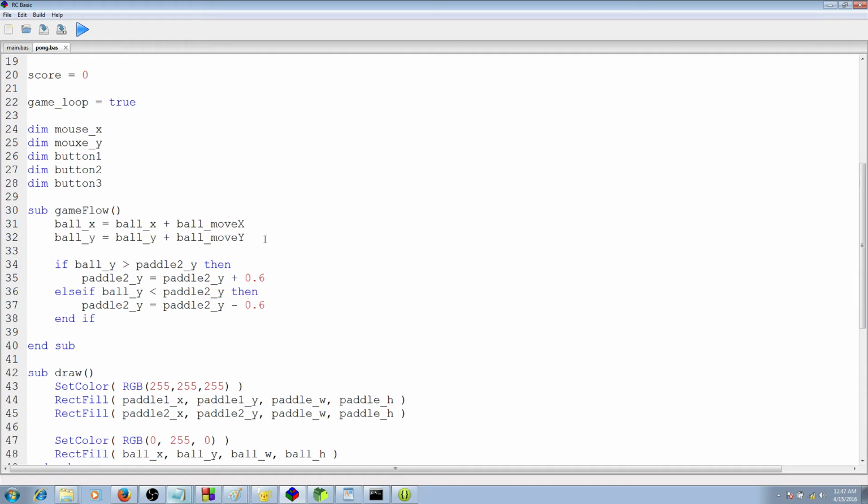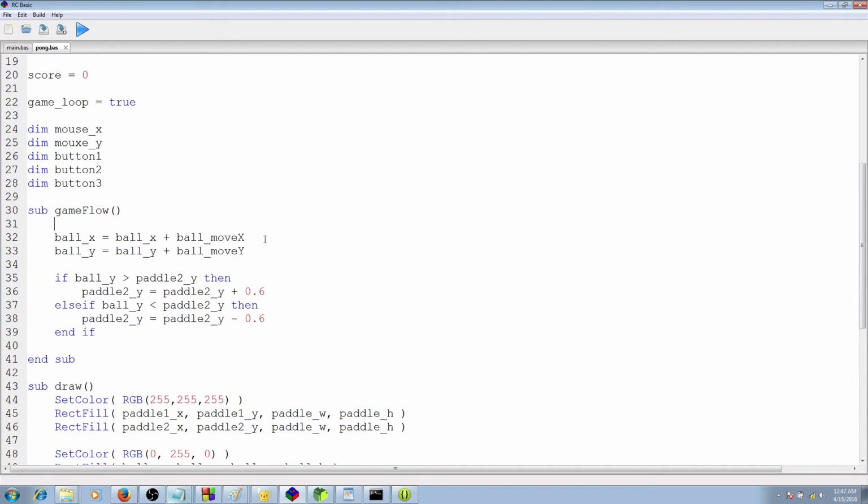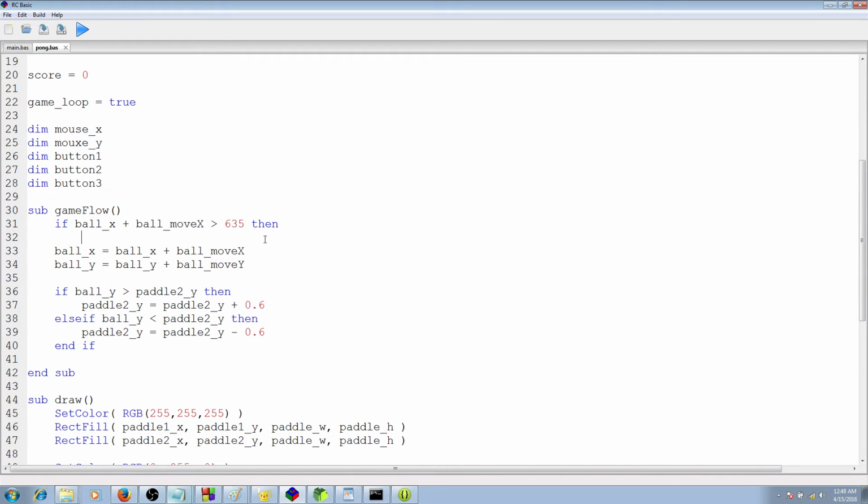So we'll just check for a collision when we're changing it, and we'll say if ball X plus ball move X is greater than, was it 6? We'll say if it's greater than 635. Was it? That's right, 635. Oops, like having those spaces. So if it's greater than 635, then next thing,